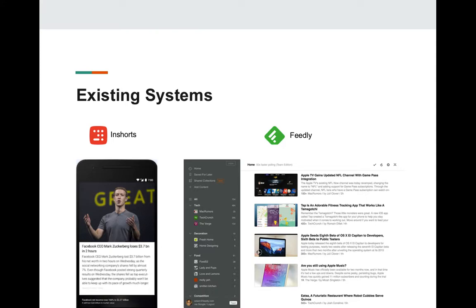So let us have a look at the existing systems that, for example, InShort, an India-built application that serves up all sorts of news from all providers in under 60 words. This is great for consuming news at a very quick pace and getting to know what is happening. All the summary is prepared by hand by human editors. And on the other end, we have Feedly or any other aggregating service where you can put in whatever input you want and it'll aggregate all the news and deliver